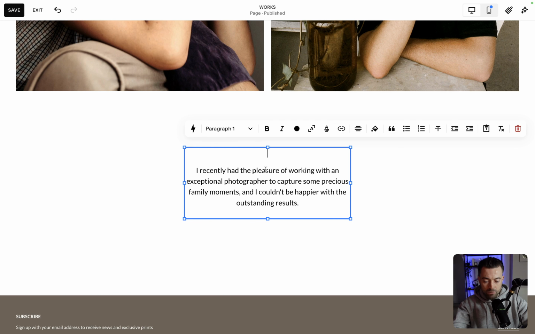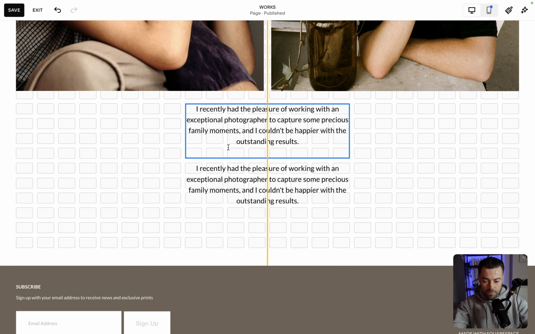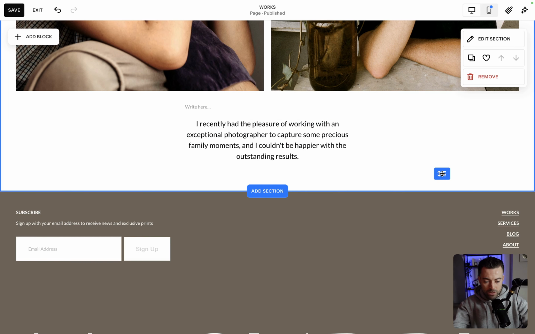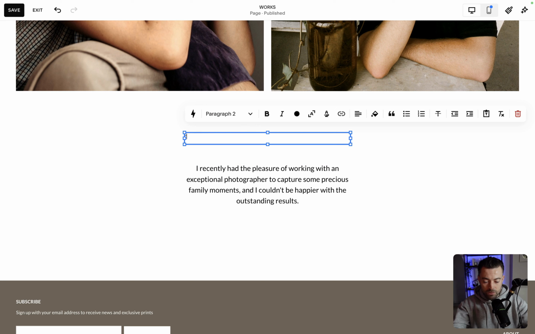And then here, what I'm going to do is just put some quotation marks. Okay, and then above this, we want to create a new text block. So I'm just going to duplicate this because I'm lazy, and then get rid of the text. Okay, just move this. Hate when Squarespace does this. It just shifts everything back up. Not great, Squarespace. Anyway, so we'll go into this new text block and we're going to put just a simple